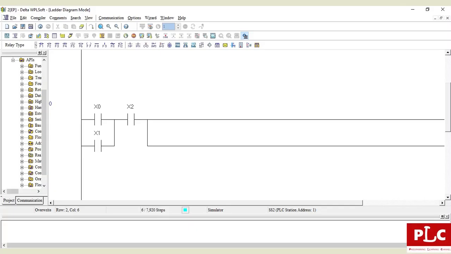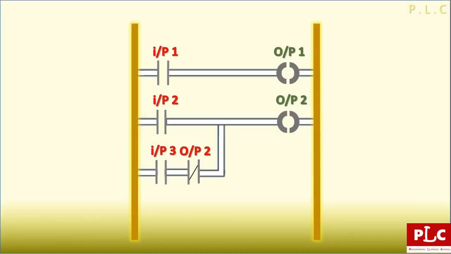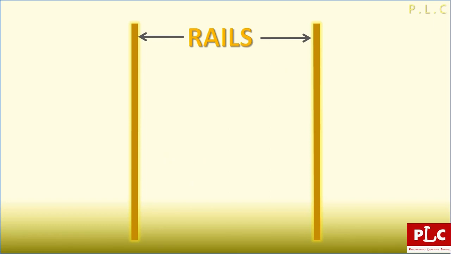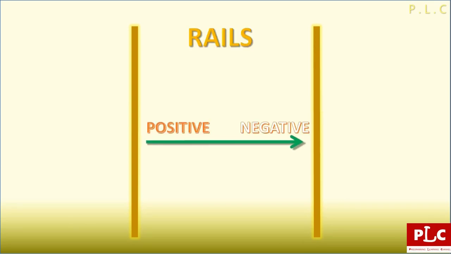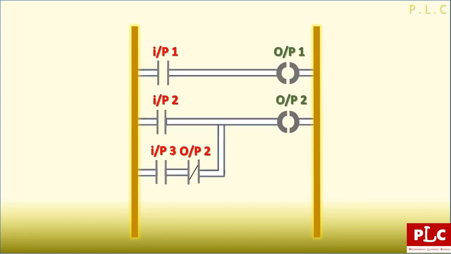Okay, here what you see is the ladder diagram shown in WPLSoft, but the actual ladder diagram looks like this. The ladder diagram has two vertical lines and multiple horizontal lines. The two vertical lines are called rails, and rails are of two types: positive rail and negative rail. Here the power flows from positive rail to the negative rail, and the horizontal lines in the ladder diagram are